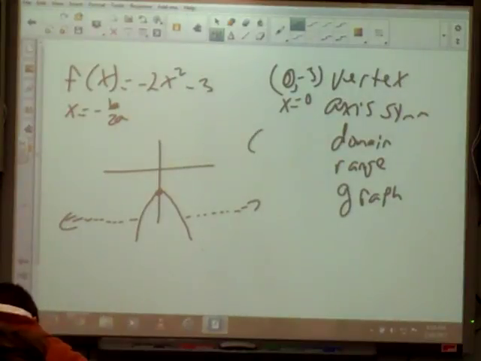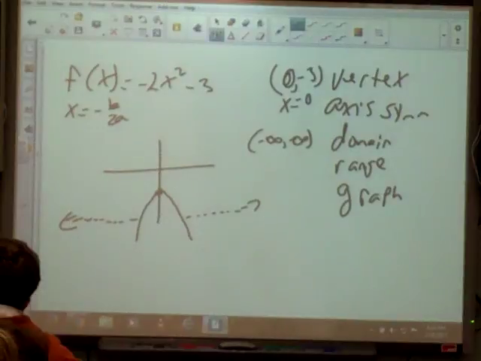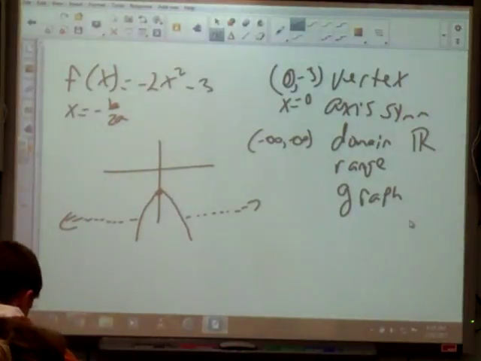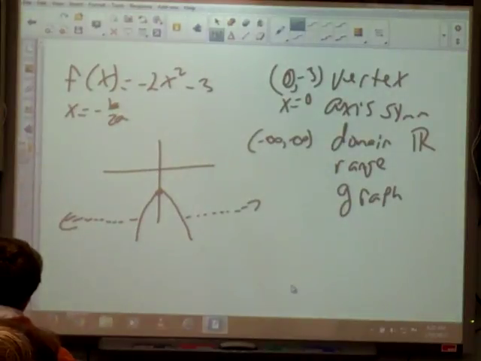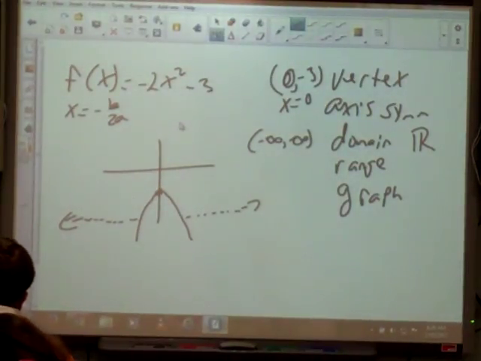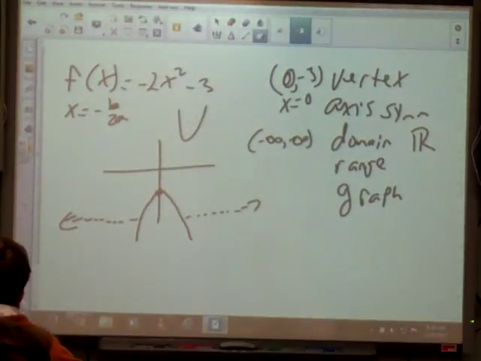This book that I use for this class seems to do the negative infinity to infinity a lot, but I'll take either one of those. So all real numbers or negative infinity to infinity. And for a normal parabola, an upside down one or a U, that's going to be your domain every time. The only time a parabola will have a different domain is when we look at the ones that open sideways, and that's not till next week. So every time you've got a parabola that looks like this one or an upright one, your domain will be negative infinity to infinity, or all real numbers. Okay, the range,